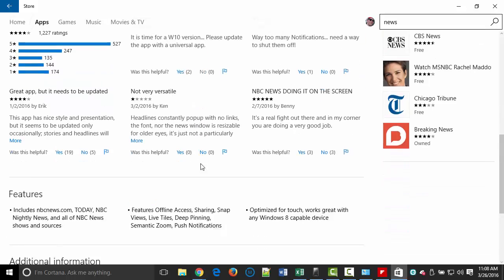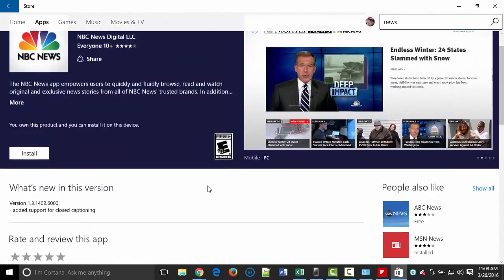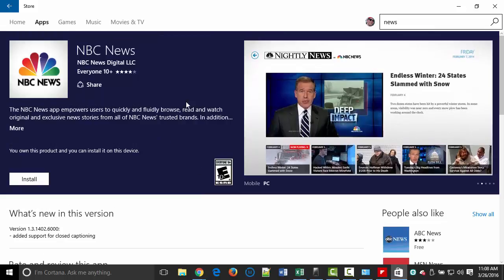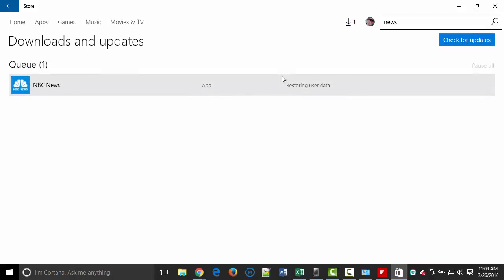But installing it again is very simple. Now that I'm in the interface that shows me the full details for that app, I can choose to install it. As soon as I hit install, it'll start downloading it. If you look in the upper right hand corner really quickly, there's a 1 icon and it shows me what my queue is like. It shows me the installation progress, and that app is already on my computer. And if I go into my start menu,